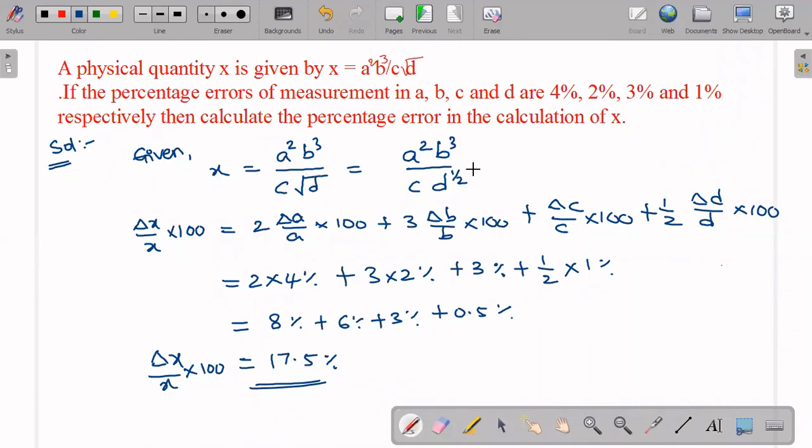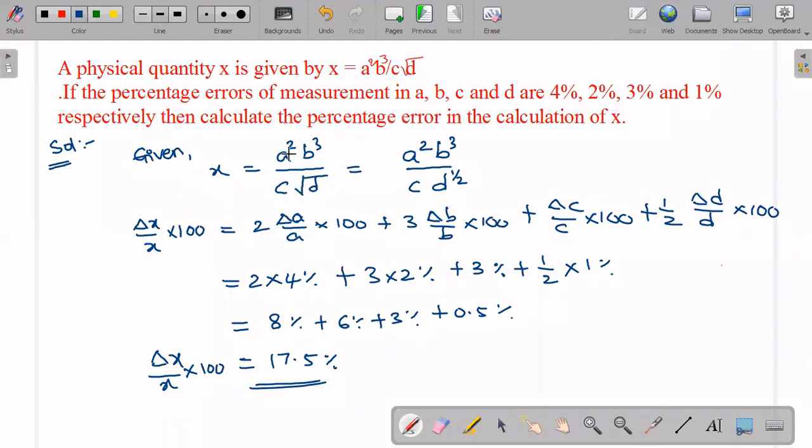So percentage error, already we have seen. What is percentage error? Relative error into 100 is our percentage error. So delta x by x into 100. Now for this also, we have already seen the exponent form of errors in the theory part. If you are not clear with that, just go through the exponent form of error once again. The video will be available, so go through it and come back to this.